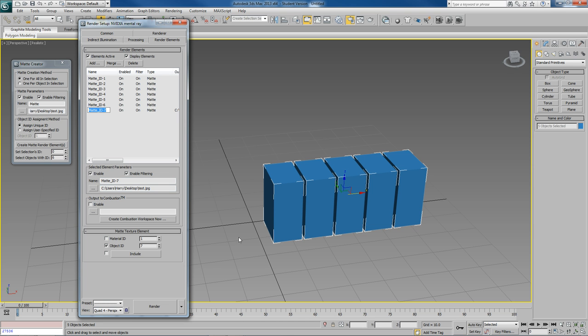So if I just say one for all in selection and I say create mat, it's going to go on with an ID of 8. And if you have one object in selection and you have the unique ID selected, it's going to find the highest ID number, which is 8, add 1 to it, which would be 9, and it's going to start from 9. So it's going to be, say, 9, 10, 11, 12, 13. So now if we create that, we have 9, 10, 11, 12, 13,